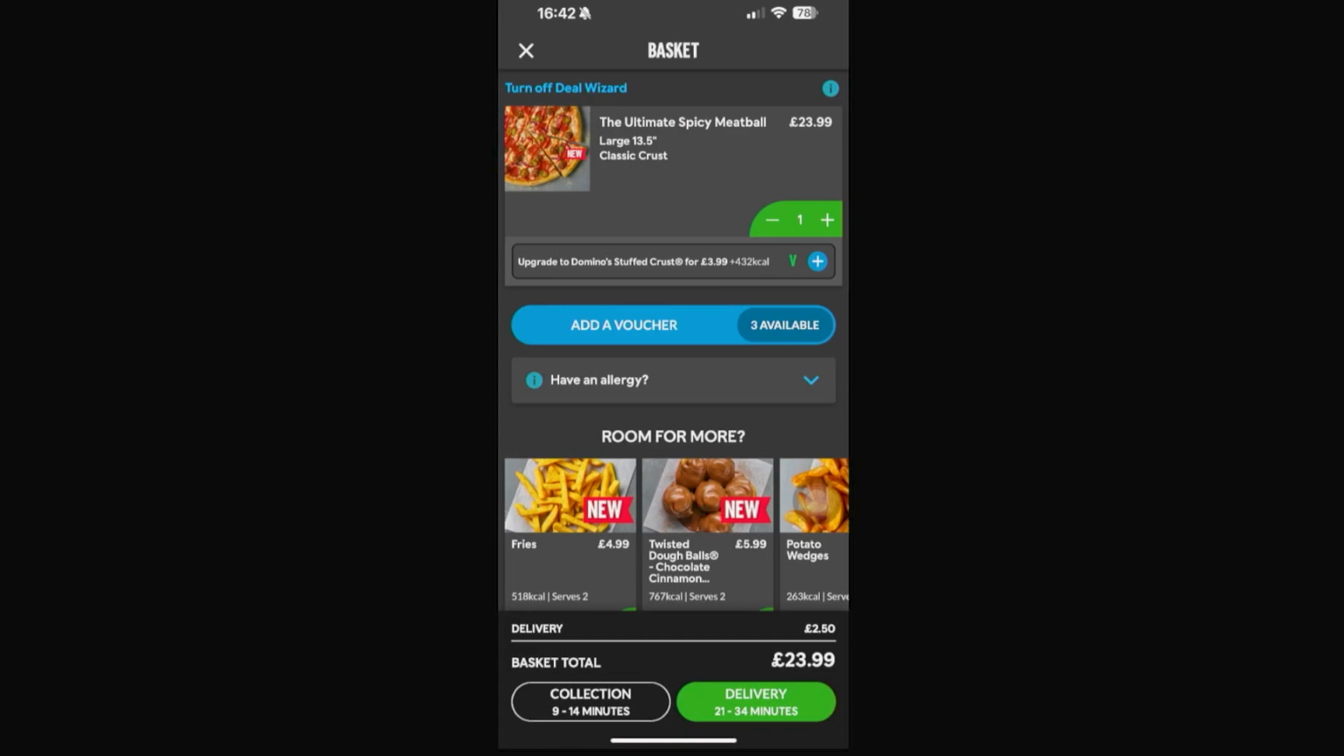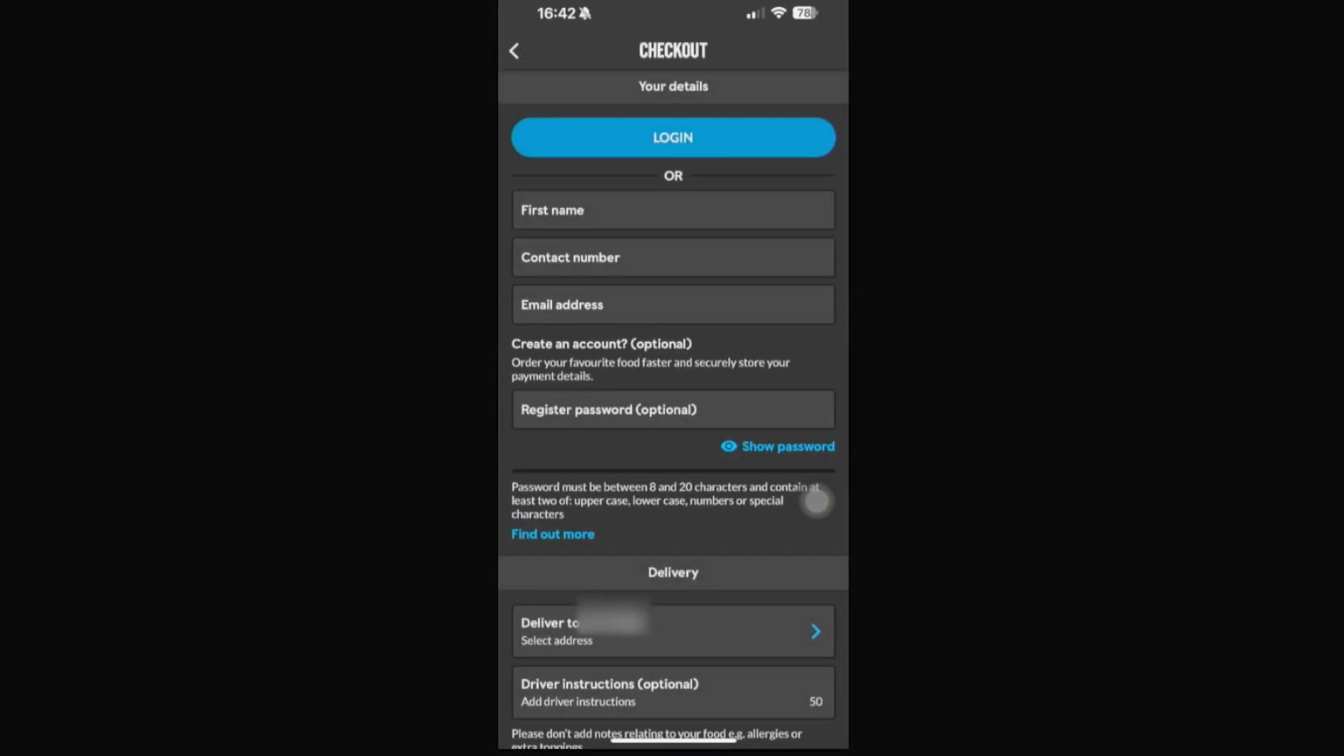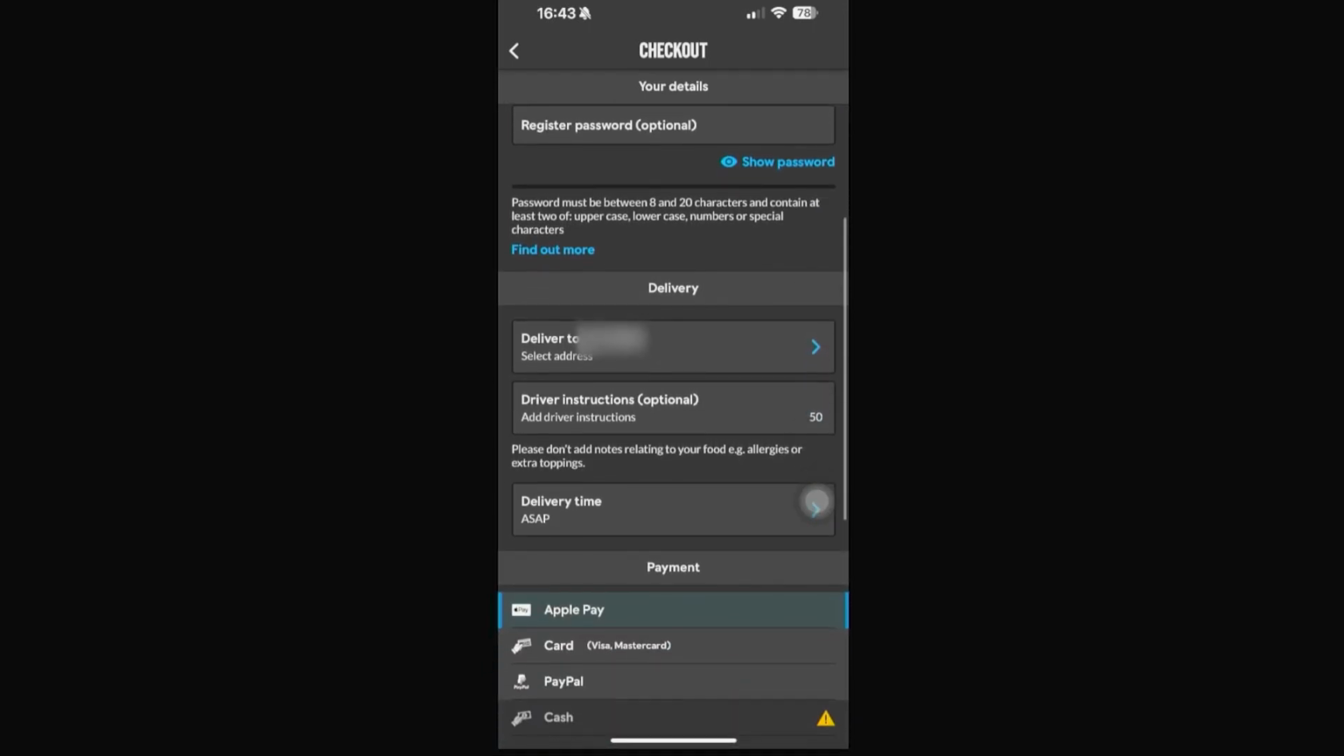Once you are in the basket, once you're happy, you can go ahead and choose. It's going to be either a collection or a delivery right here. Just go ahead and click on delivery right here, and then this will lead into the checkout section. Now all you need to do is to fill in your information, so your name, your contact number, your email address, and then if you scroll all the way down, you can go ahead and choose where the delivery is,